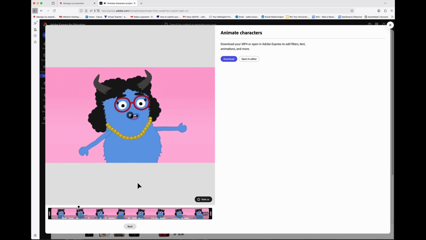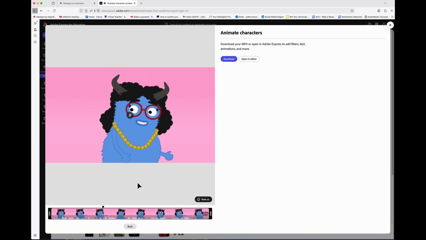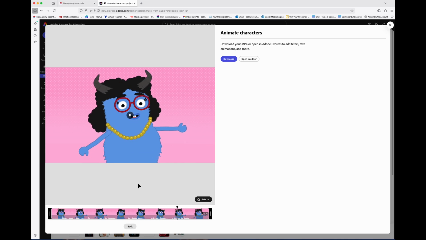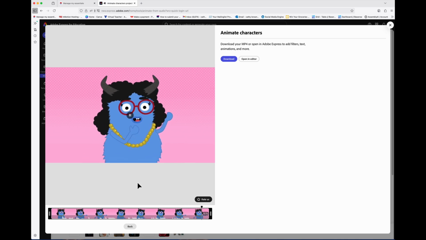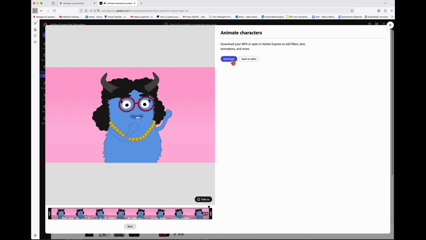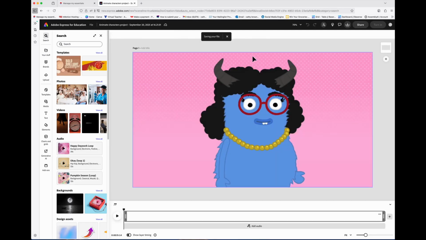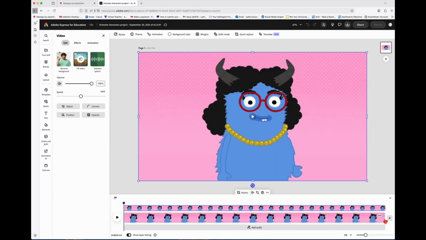voiceover back, and you'll see that your character's lips move in sync with what you were saying. They're so gorgeous. You can see the pretty ones, you can see the sparkly ones. From here, you can download the video, or you can click on Open in Editor, which will take you to Adobe Express. Add an extra